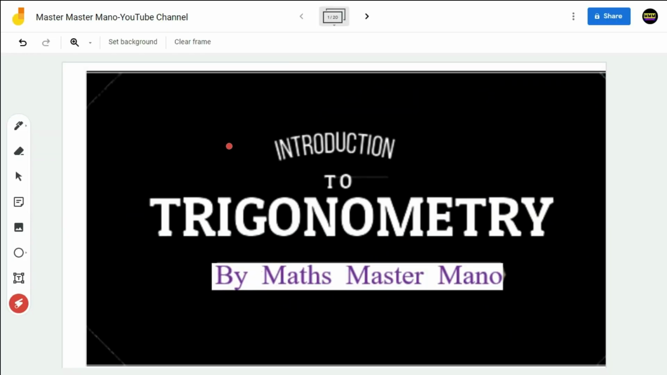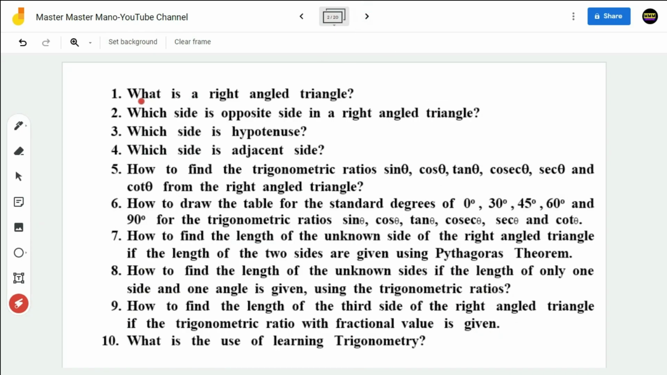Hi everybody. The problems coming under the topic trigonometry are based on the right-angled triangle. Today in this video, introduction to trigonometry, we are going to see what is a right-angled triangle, which side is opposite side in a right-angled triangle, which side is hypotenuse, which side is adjacent side, how to find the trigonometric ratios sine theta, cos theta, tan theta, cosecant theta, secant theta and